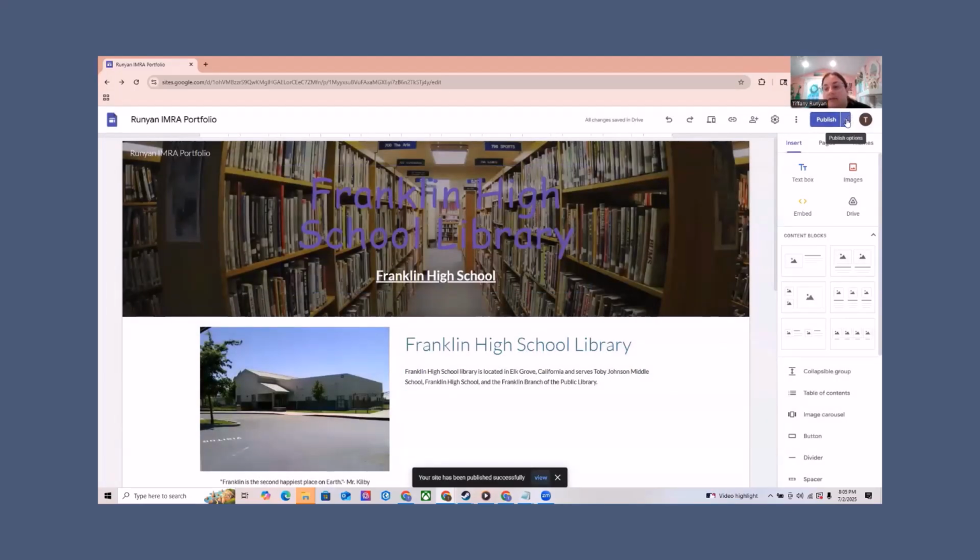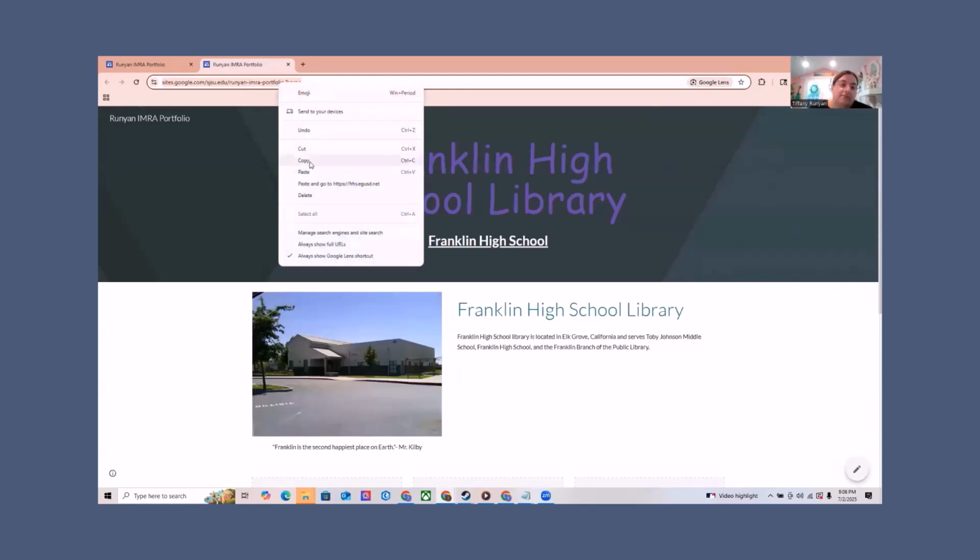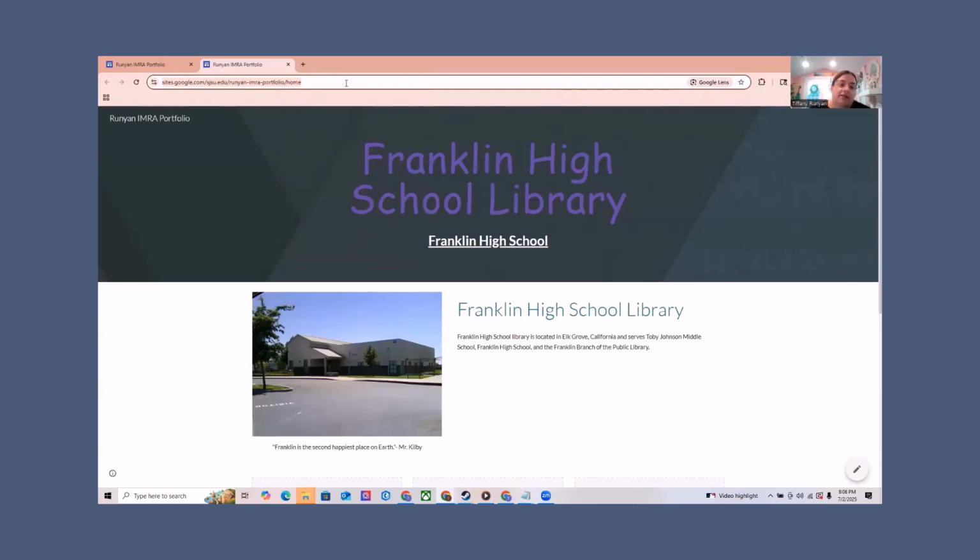You can click up here in the upper right-hand corner, the word Publish and the down arrow, and you can click on the button that says View Published Site. When you do that, it will take you to your beautiful new portfolio website. You can click on the website's web address and copy it, and then you can paste it and turn it in on our